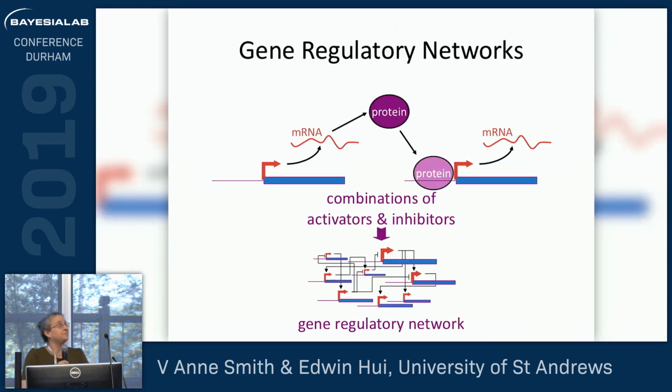There, okay. So that was the neural systems. We also work in gene regulatory networks. This is kind of the biology behind this, and this is a much more complex system where you've got your gene in the DNA. This is expressed into messenger RNA that turns into protein. And the protein is the thing that might then go and either make another gene turn into RNA, or make it stop, inhibit it. And the combination of these activators and inhibitors is what we call the gene regulatory network.